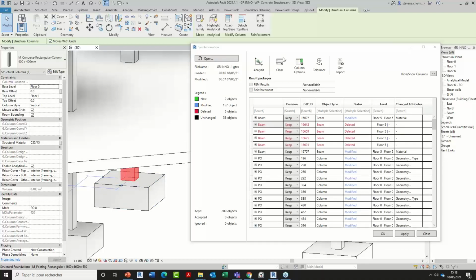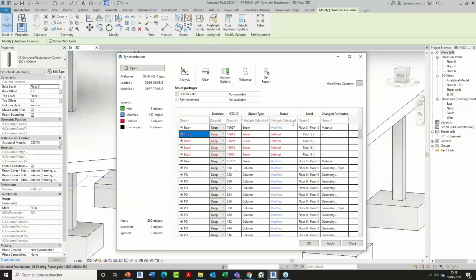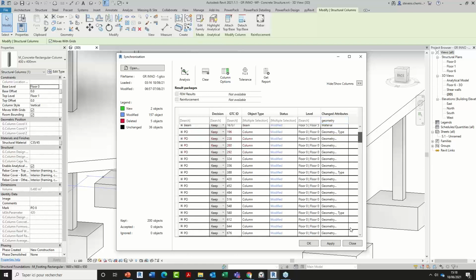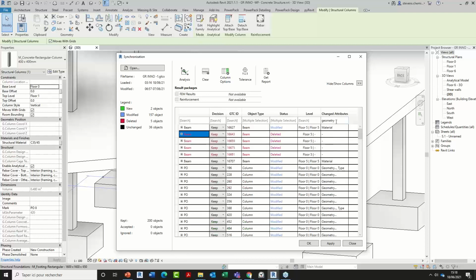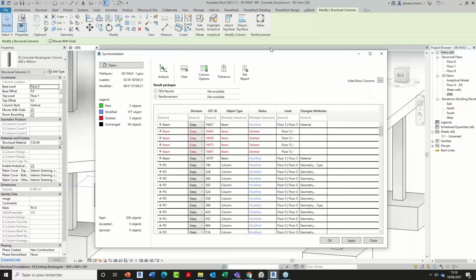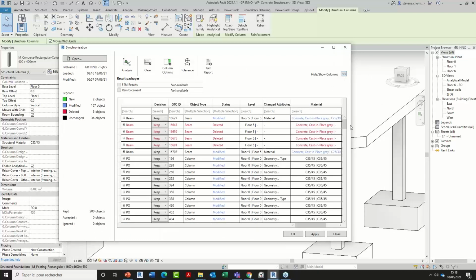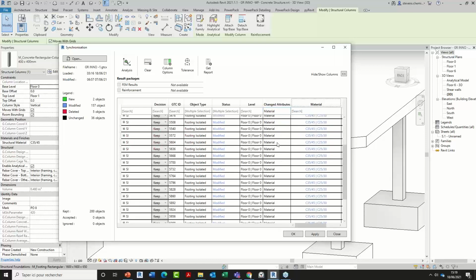We have as well a dynamic filter here. We can, for example, check only the objects changed for one specific parameter regarding the check attribute. Regarding the status, we can add some additional columns. If I extend here, I can have some additional information as well. So here it's very easy to check modifications according to one specific attribute.